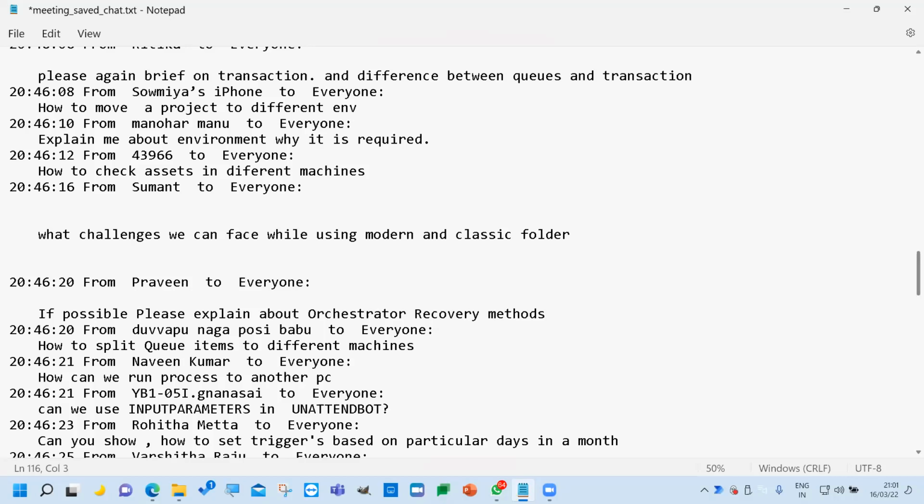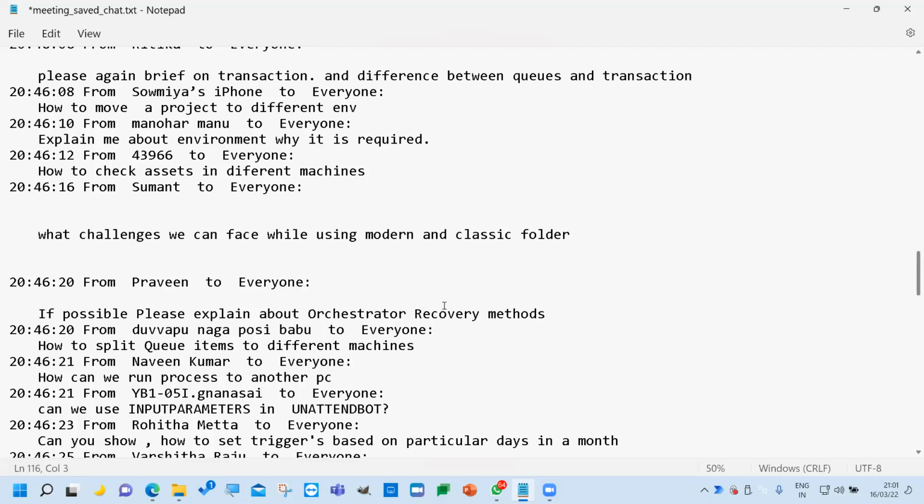With classic folders or previous versions of Orchestrator, anyone who had access to Orchestrator had access to all the processes. But using modern folders, you can have minimal interaction between different teams, or if you want to restrict someone from some folders, you can do that. There are some other examples as well. I suggest you work on modern folders, not just read the documents, so that you can explain. This is something you need to experience to understand.